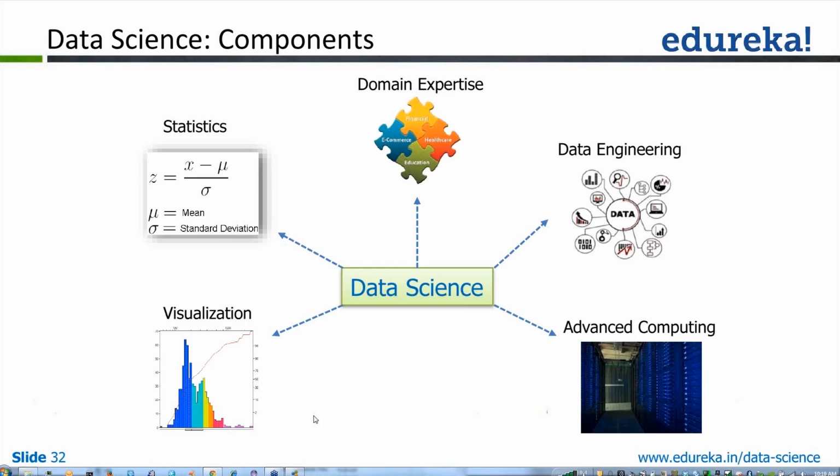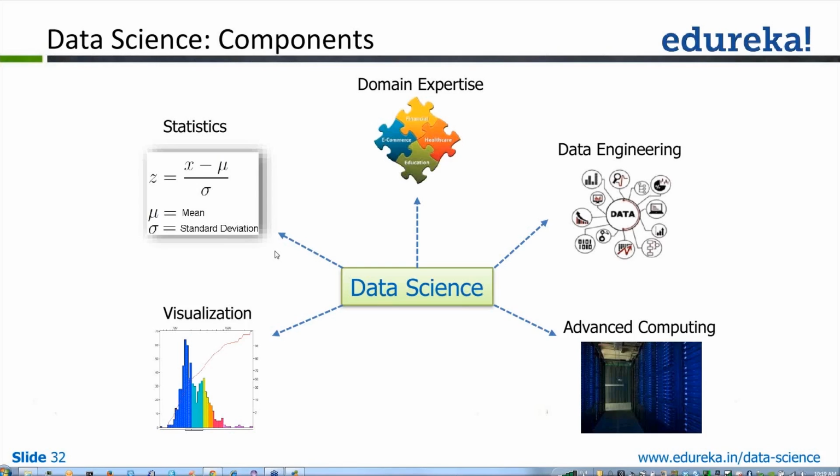But over time, as the data science field gets more and more mature, probably different roles will be carved out within this particular field. Okay, but the point that I'm trying to make is that data science is essentially a confluence of many components, and as of today, we don't have a clue what exactly the role of a data scientist should be. So if you are trying to enter data science today, then I strongly recommend you get some knowledge from each of these components.